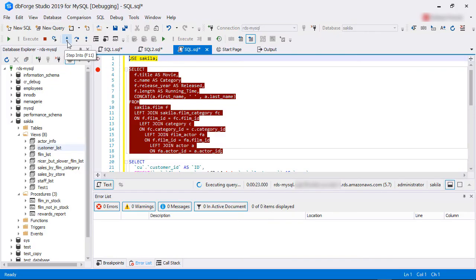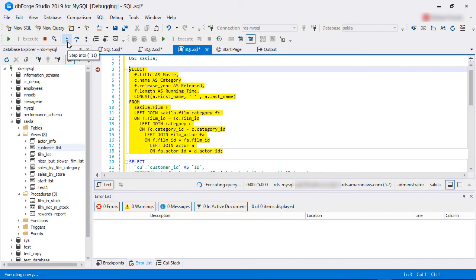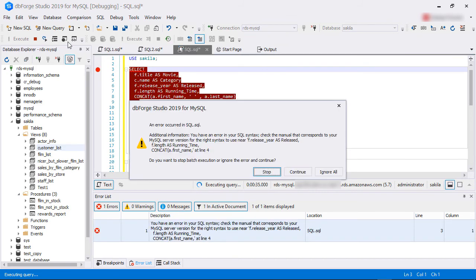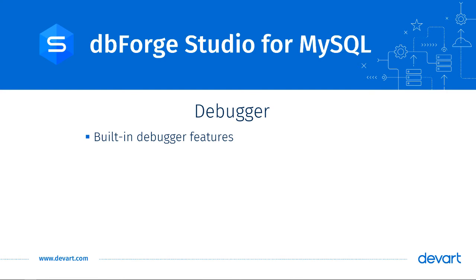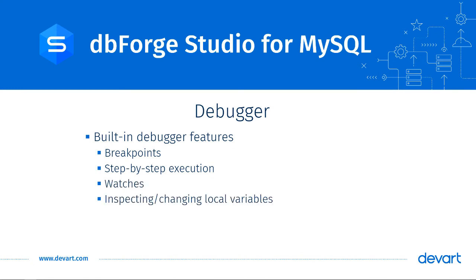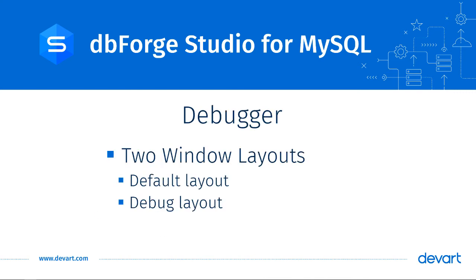For further troubleshooting, the query debugging functionality can be used. This is especially true when troubleshooting complex queries in stored procedures and triggers where runtime behavior of database objects needs to be trapped. With the built-in debugger in dbForge Studio for MySQL, developers can benefit from features like setting up and evaluating breakpoints, step-by-step execution of individual statements, adding watches, evaluating and changing local variable values, browsing call stacks, and other debugging tasks. dbForge Studio for MySQL has two window layouts, Default Layout and Debug Layout.